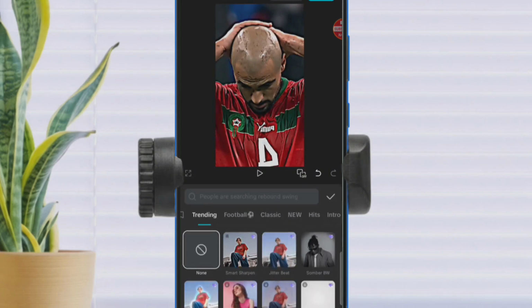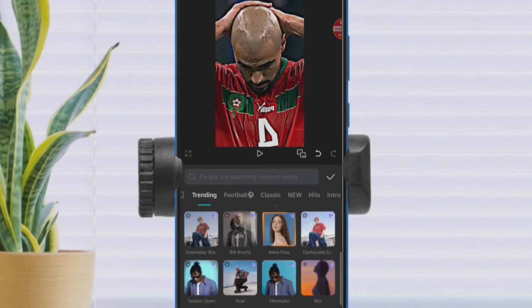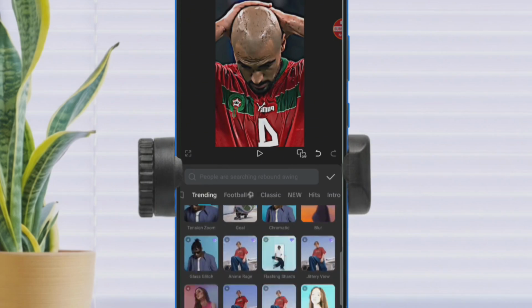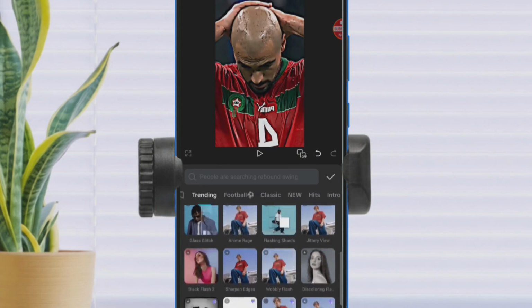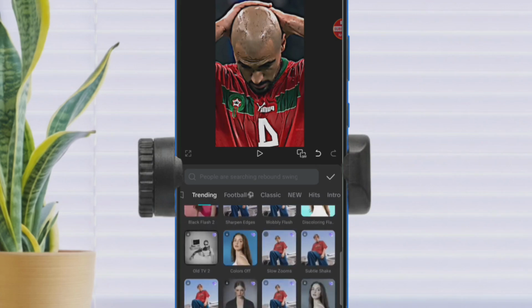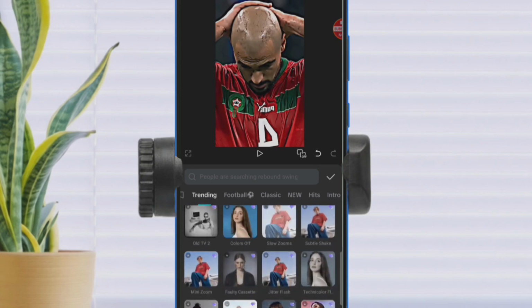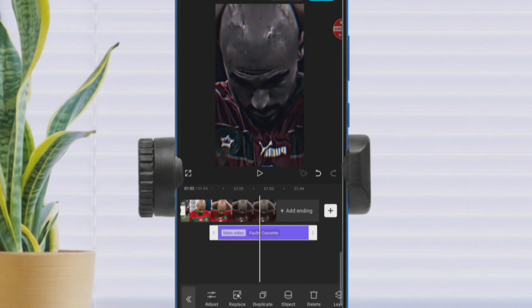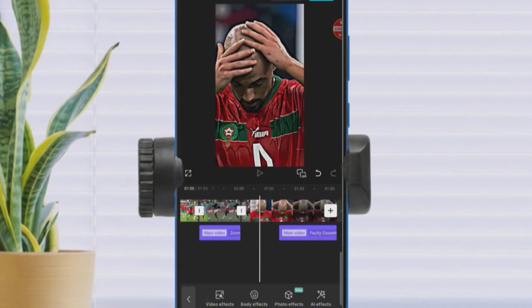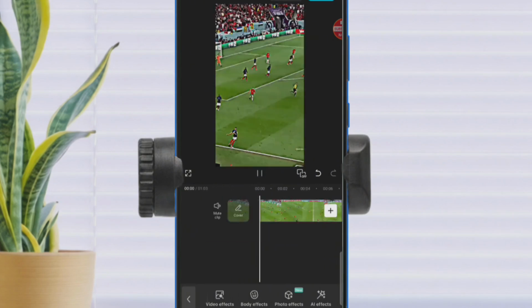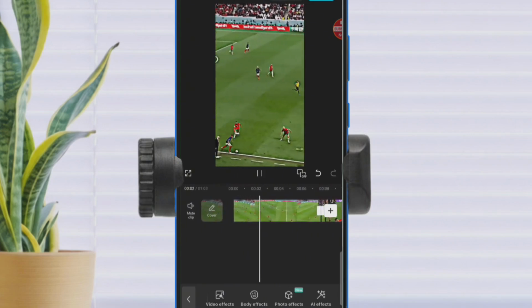I'm going to click on video effect again. So I'm going to pick another effect. Alright, let's try this. And I think that worked. So I'm just going to make it end over here because that's the end of the clip. Wonderful. At the beginning right here, I need to add something.